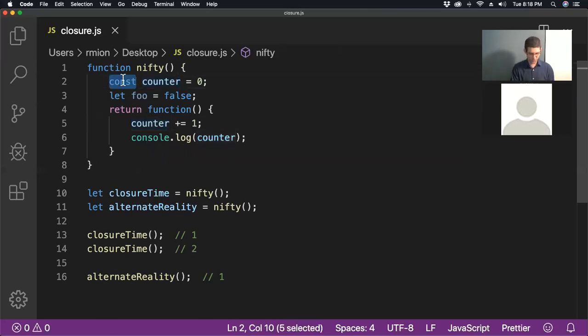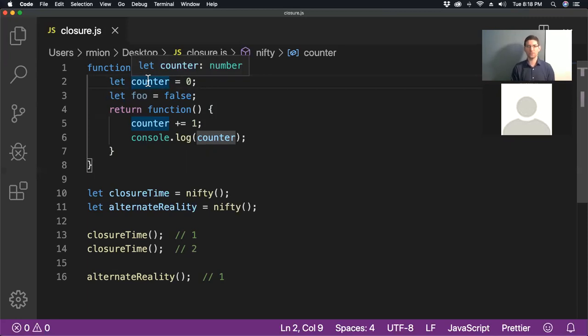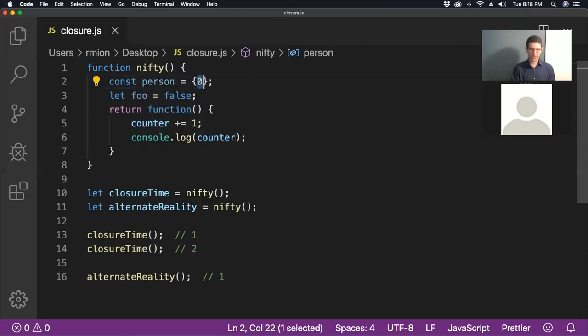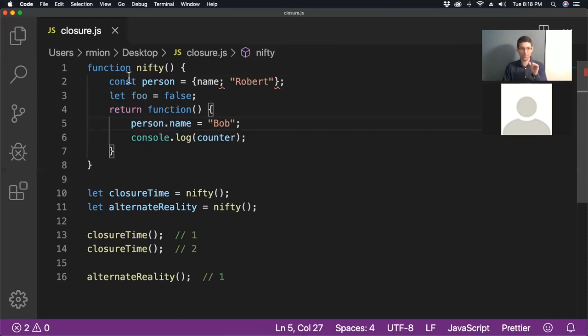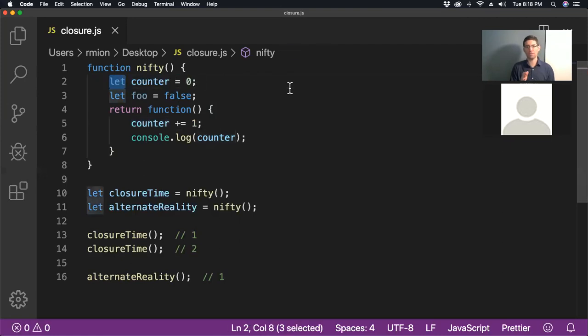So I just did let. You could do var, you could do let. If it was an object, I could say const person equals an object, name, Robert, sorry. So I could say person dot name equals Bob, and const is totally fine with you changing the object. You just can't reassign it. So again, nothing really to do with closure. Good question, but ultimately,